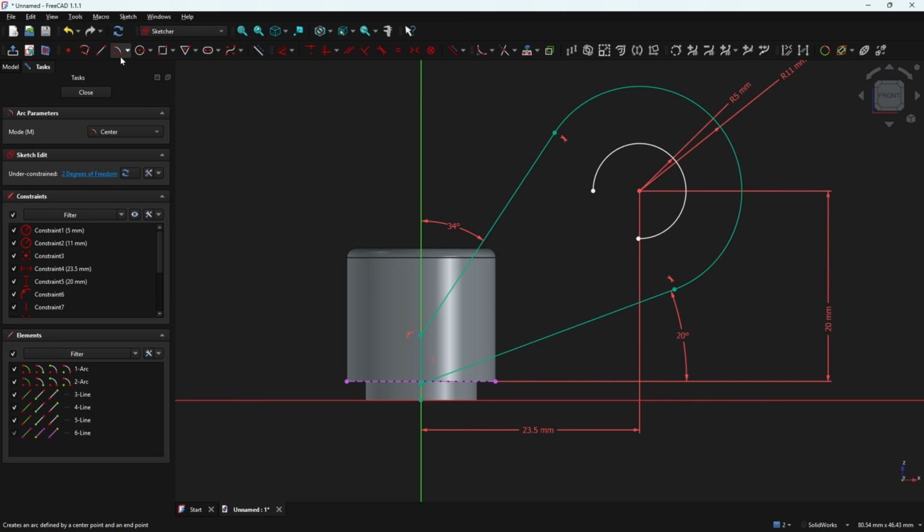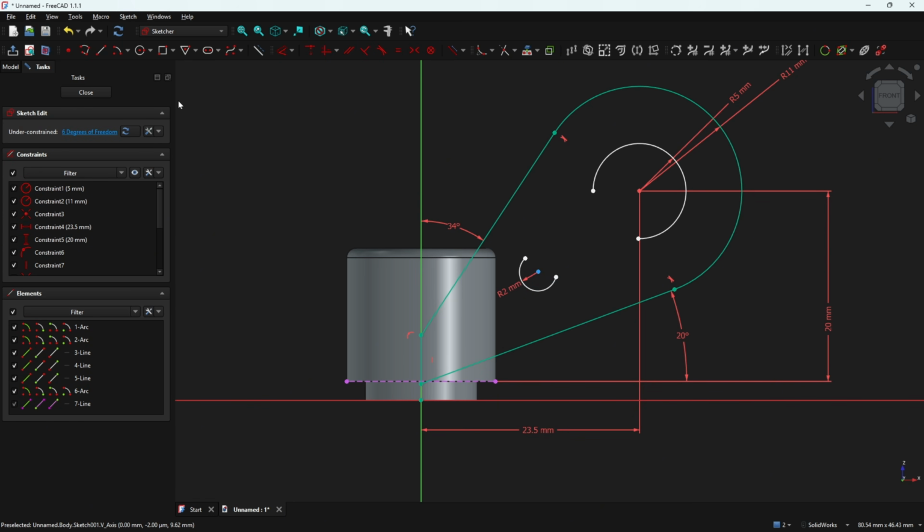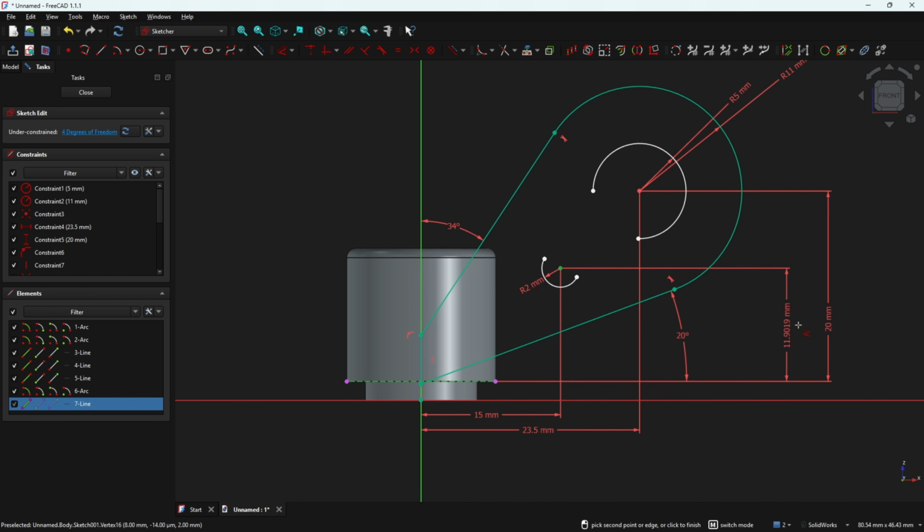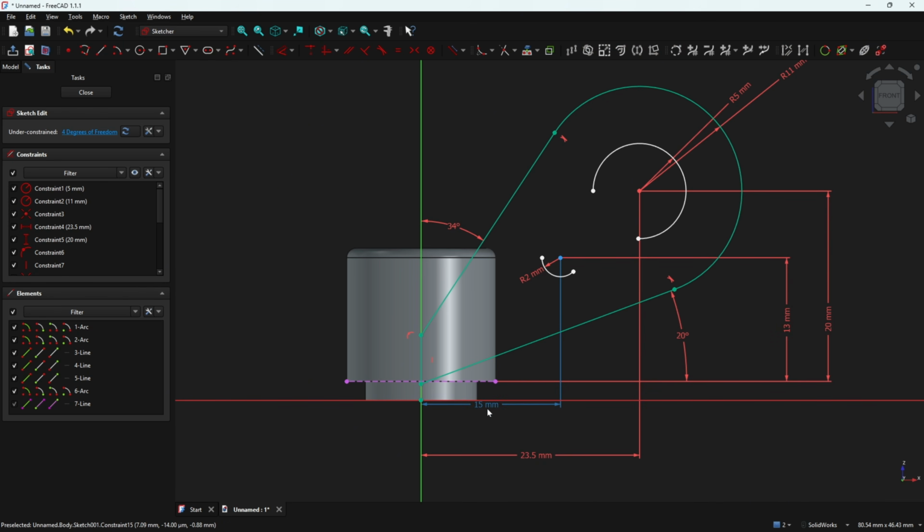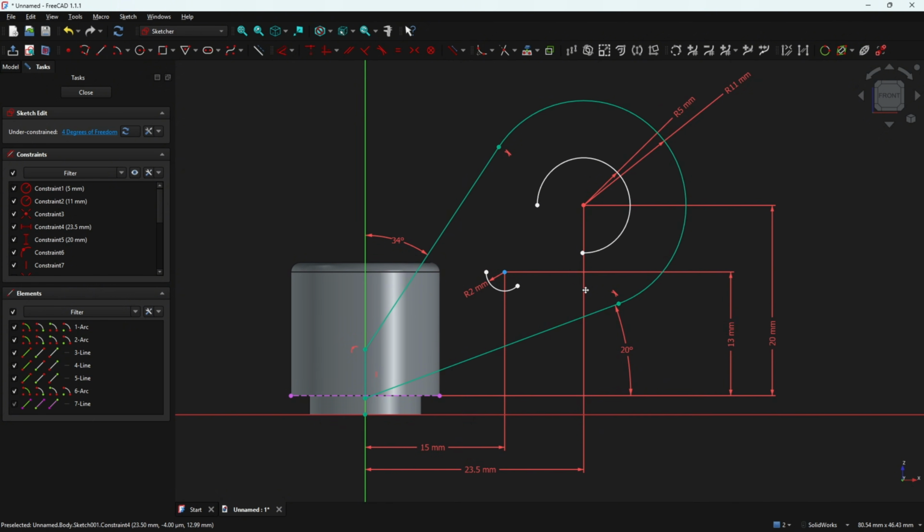So select the center arc, make an arc here with 2 millimeters of radius. Okay, let me move this dimension here a little bit, and go to dimension, select here this point. The distance here is 15 millimeters, and the distance between this point here and this line here is 13 millimeters. Let me move this dimension a little bit. Okay,